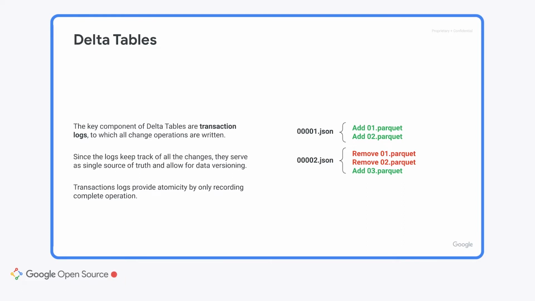To better understand how this works, please focus on the illustration on the right. If you write files to your data lake, this gets recorded in a JSON file, which is the actual transaction log. And if you then want to remove those files and add a new one, that operation is also recorded in the transaction logs. What happens here is that you're actually not removing the original files, you're just marking them as removed within the transaction log. So we can go into a little bit more detail over that in this demo.